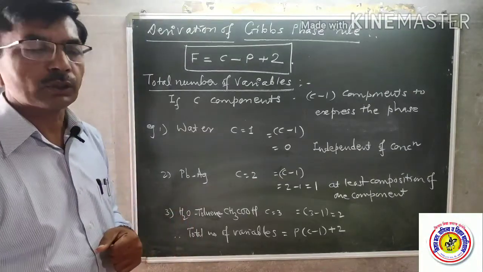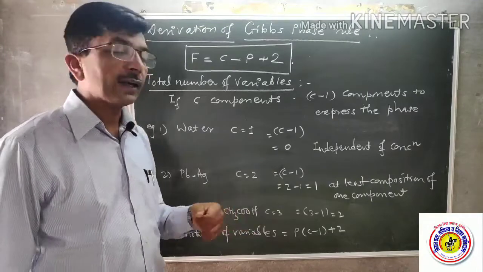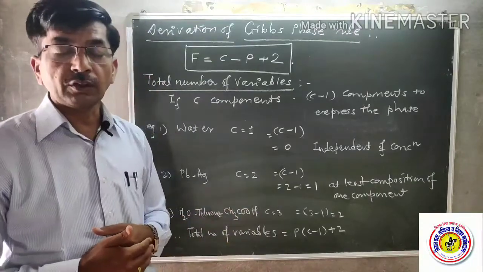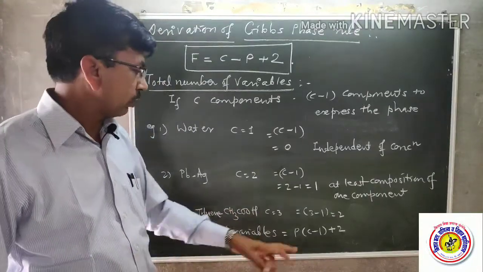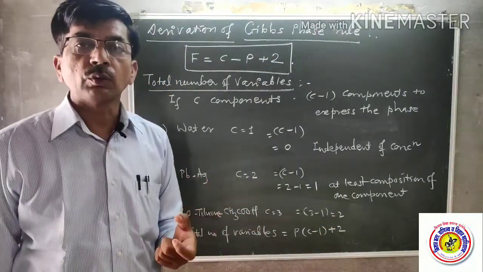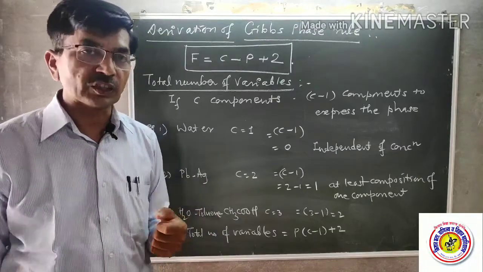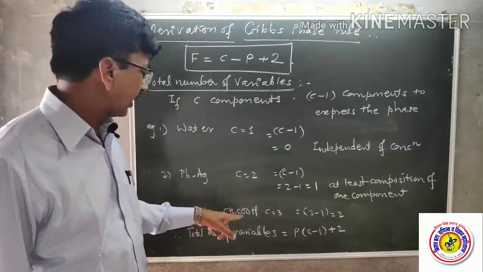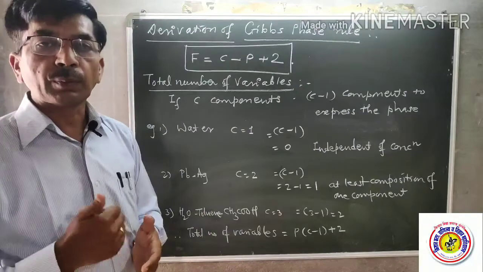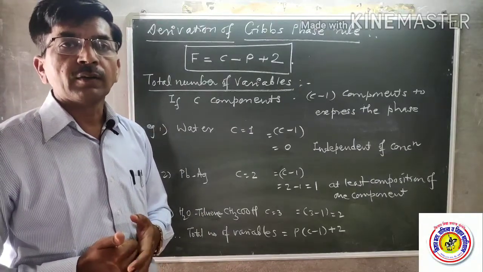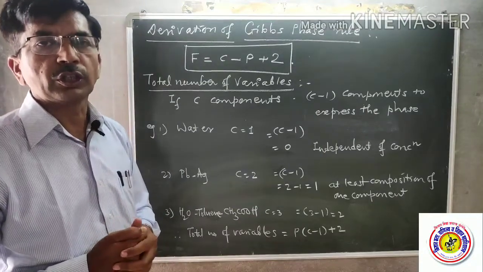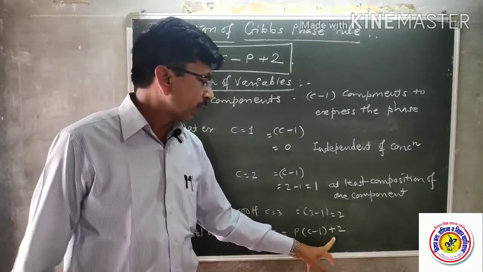So at least the composition of one component must be known, that is either lead or silver. We will consider another example, a third one, the water, toluene and acetic acid system. In this system, there are three components, so C is equal to 3, and hence the number of components whose composition must be known is C minus 1, that is 3 minus 1 is equal to 2. That is, to define this system, we must know the composition of two components in the phases. Therefore, the total number of variables is the product of the number of phases and the number of components whose concentration in the phases is known. This is P into C minus 1, plus 2.